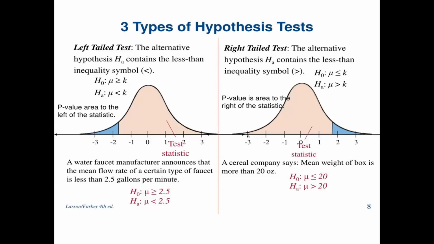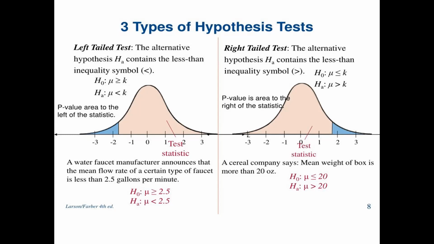There are three types of hypothesis tests for variance. First one is a left tail test, second one is a right tail test, and third one is a two tail test. The right tail test and the left tail test are examples of one tail test. They are called one tail tests because the rejection region is only in one tail, and the two tail test is called a two tail test because the rejection region can be in either tail, both sides.